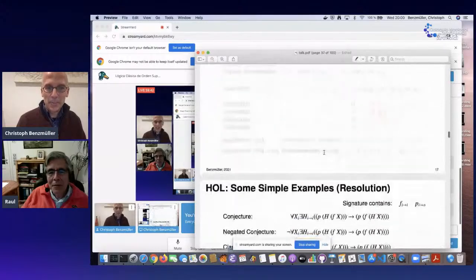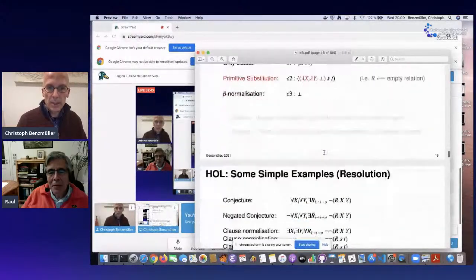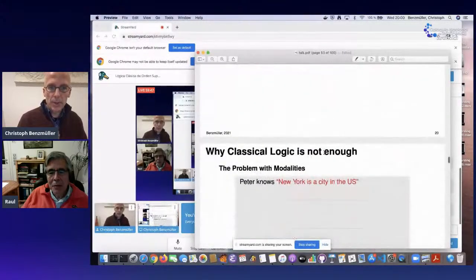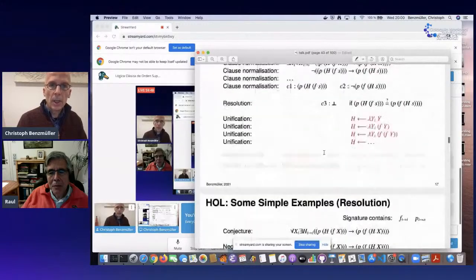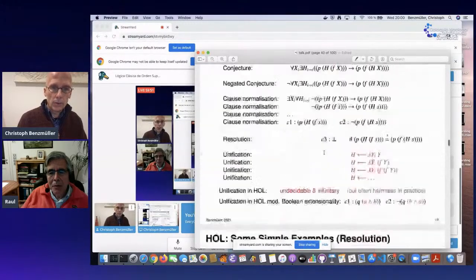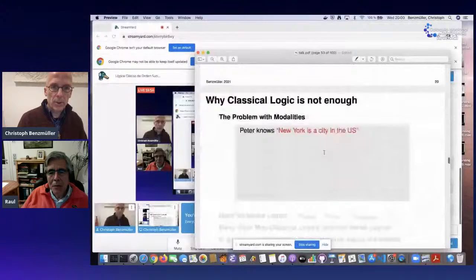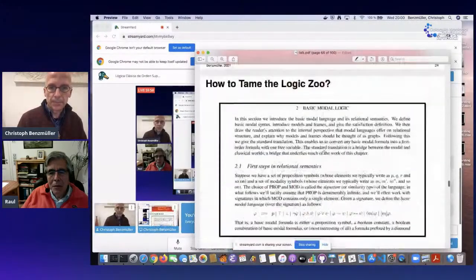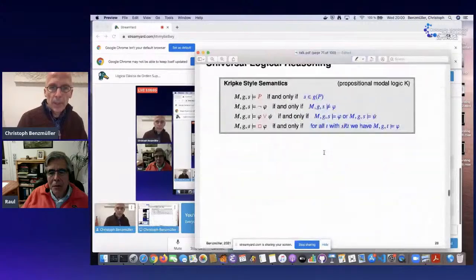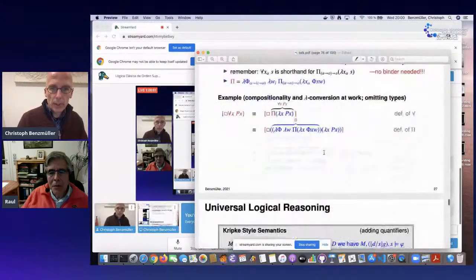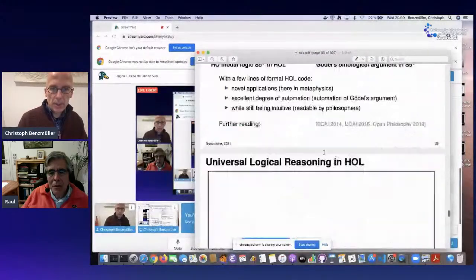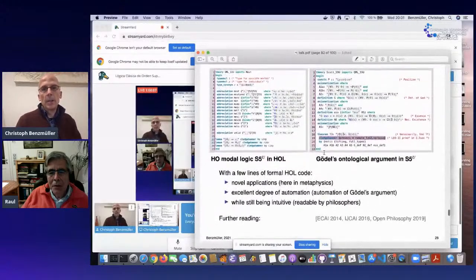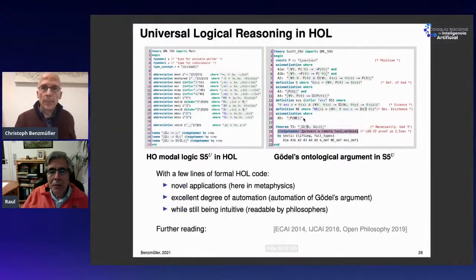Interesting. So let me find the slide here again where I showed you this example. That was earlier on. No, it was later on. It was after the introduction of universal logical reasoning. Just give me a second here. Let me go to full screen mode with that. After these presentations here. Yeah. Full screen mode. You see,